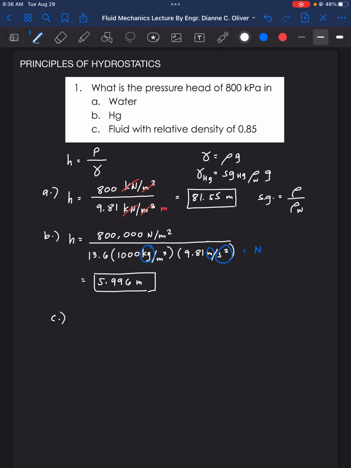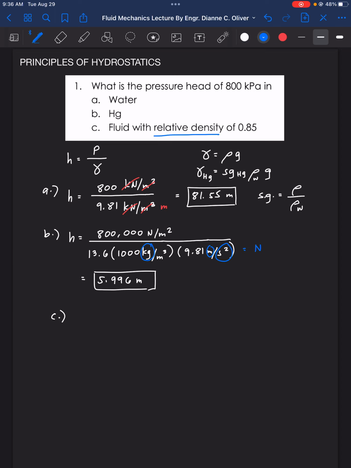Next, letter C. What is the pressure head of 800 kilopascal in fluid with relative density of 0.85? What do you mean by relative density? That is also the specific gravity. So we just have to replace this part here with 0.85. So H now is equal to 800,000 newton. Remember that it became newton, so this one is cancelled out. So newton per meter squared for the pascal, and then the specific gravity 0.85,